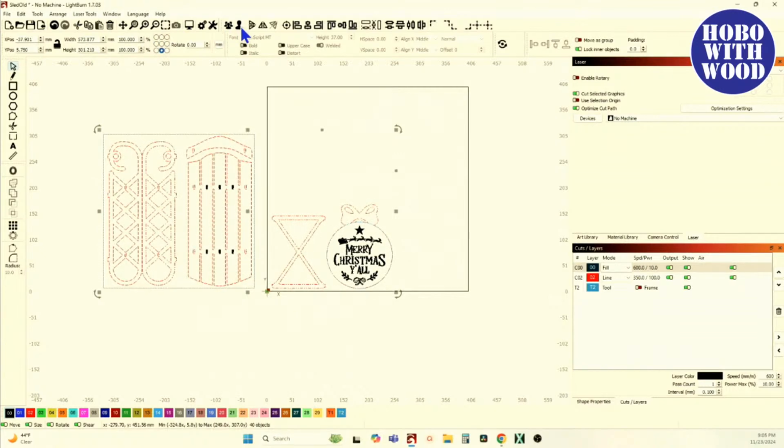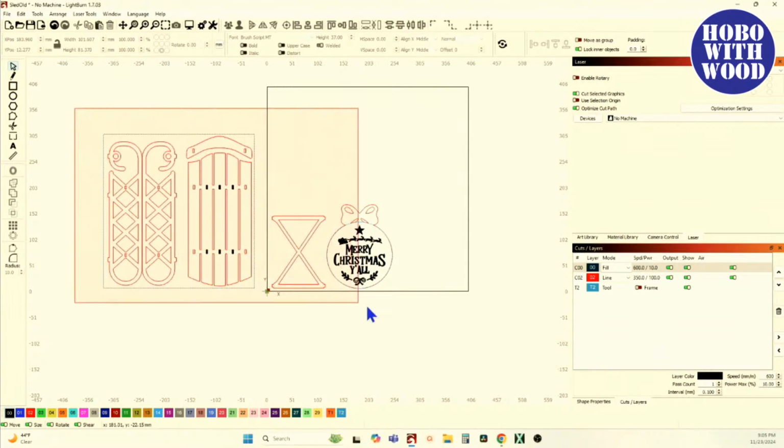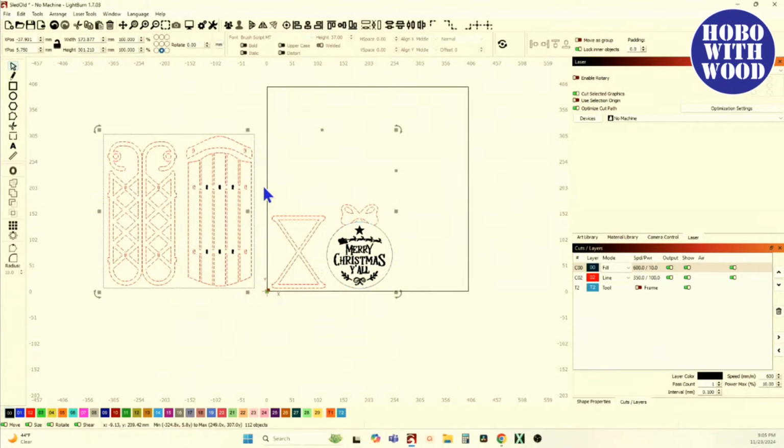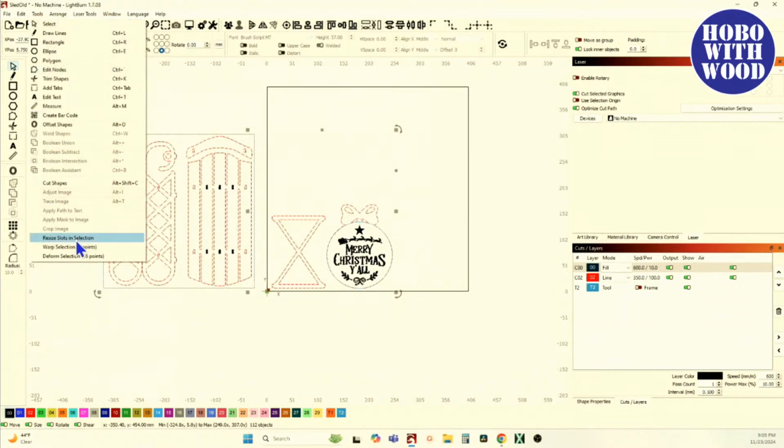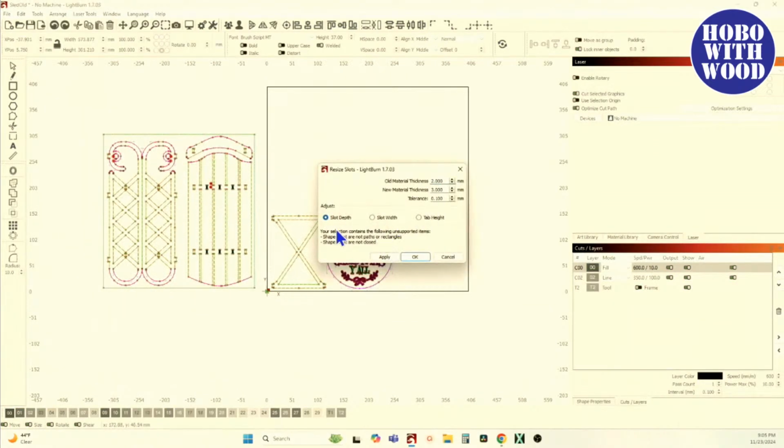If I ungroup everything, because that would be one of the first things you'd want to do whenever you're going to reuse the slots and tabs, because when items are part of a group, the resize slots and tabs tool will not recognize grouped items. So now everything's ungrouped. And if I go up here to tools and resize slots and selection, immediately right here